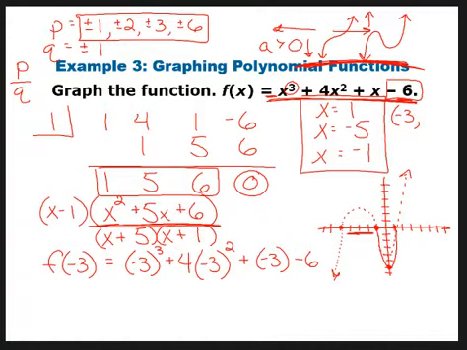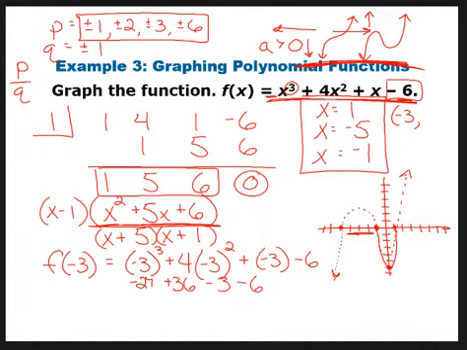So -3 to the third is going to give me -27, minus, well, actually that's going to end up being a plus here because -3 squared would give me 9, times 4 would be plus 36. I'd go -3, then -6. So -27. If I go minus another 3 would get me to,